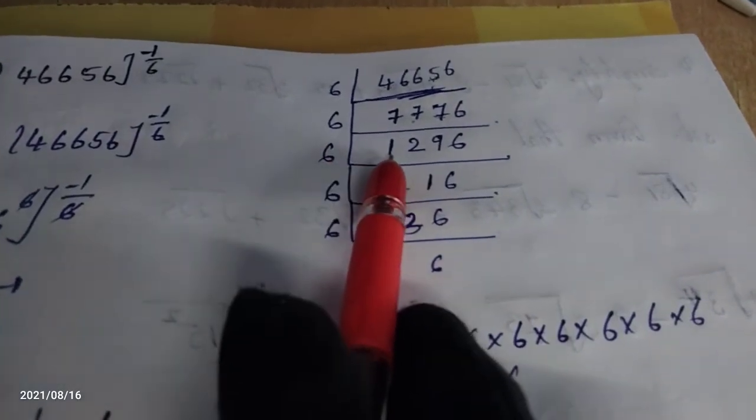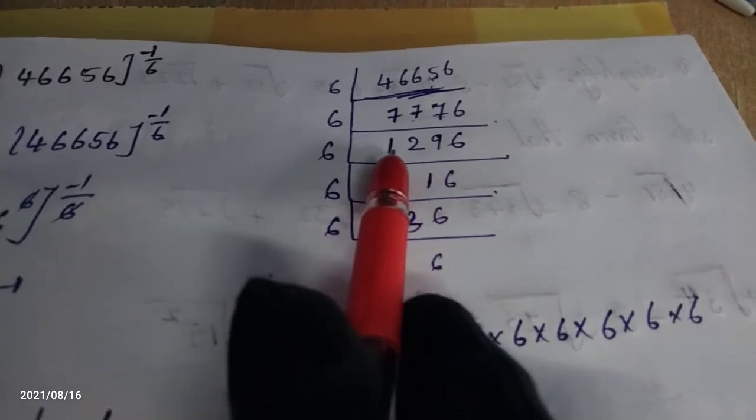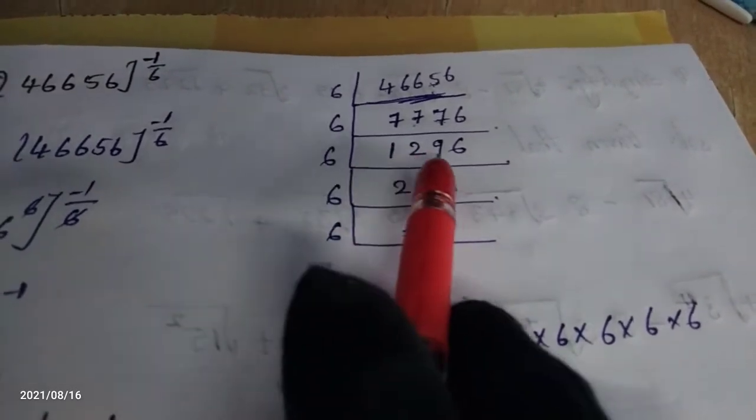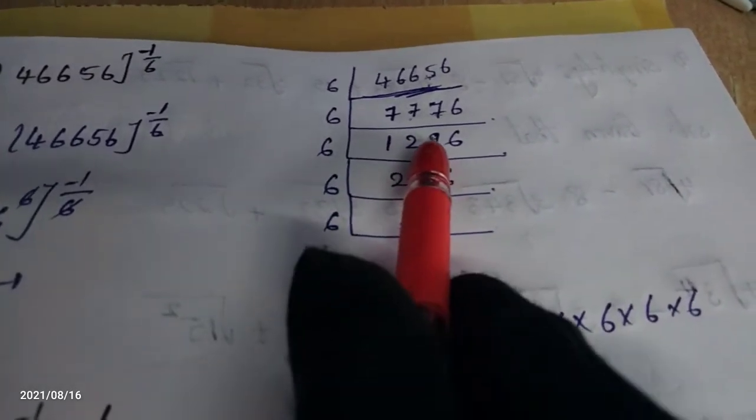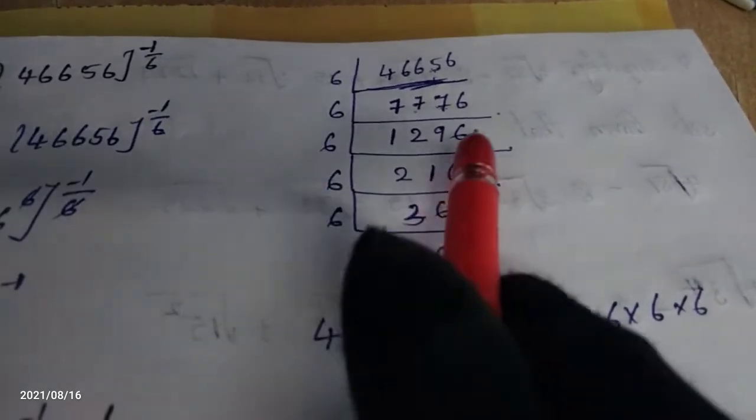Okay, here is 1 divisible by 6? No, it is a smaller number. We are considering the first 2 numbers. It becomes 12, and 6 2s are 12. How much is left? 3, and when you put the next digit here it becomes 36, since 6 6s are 36.